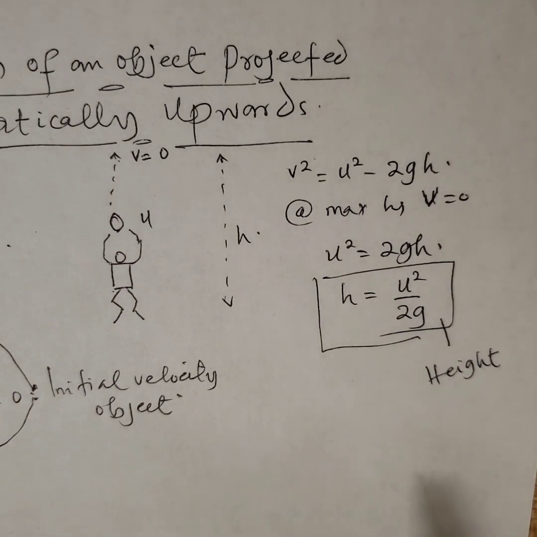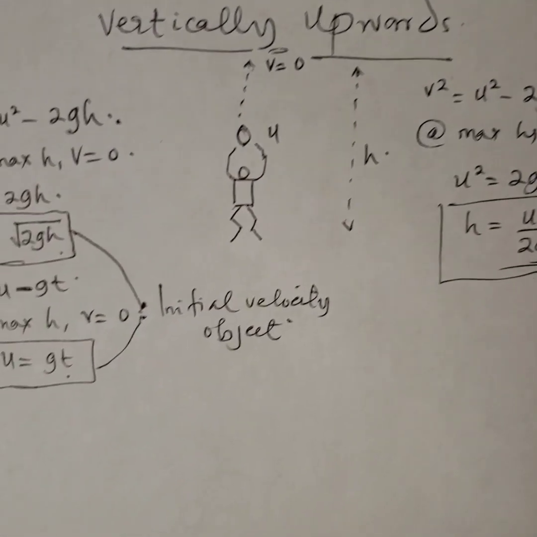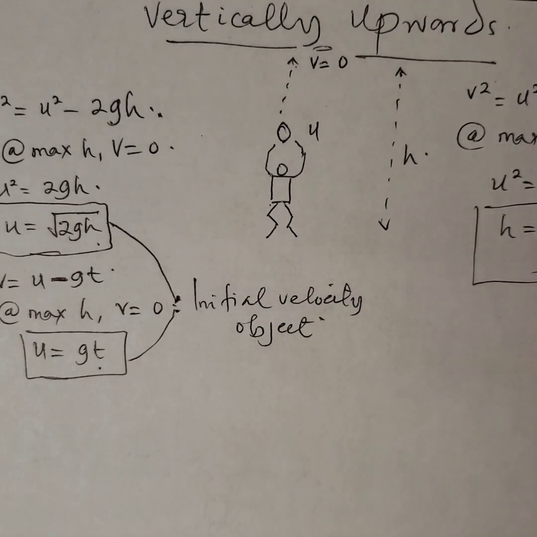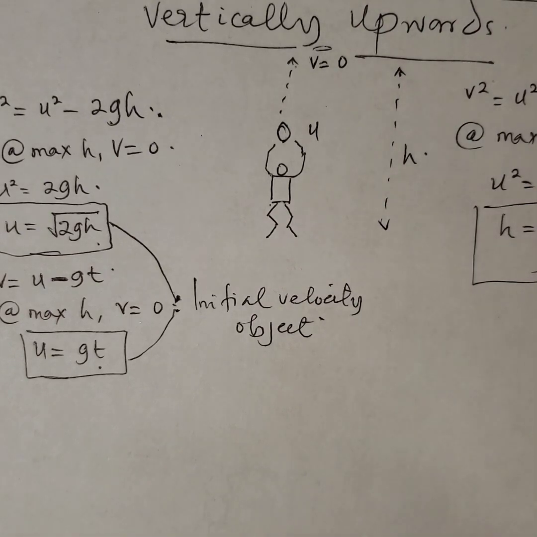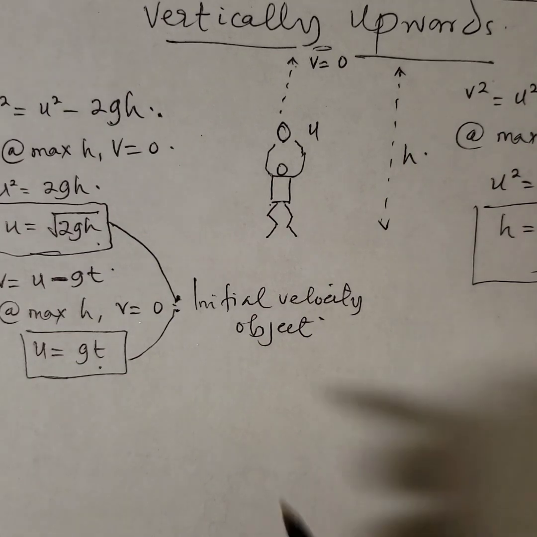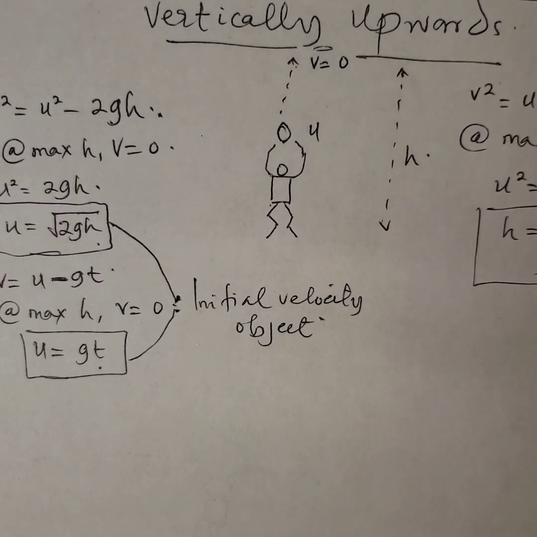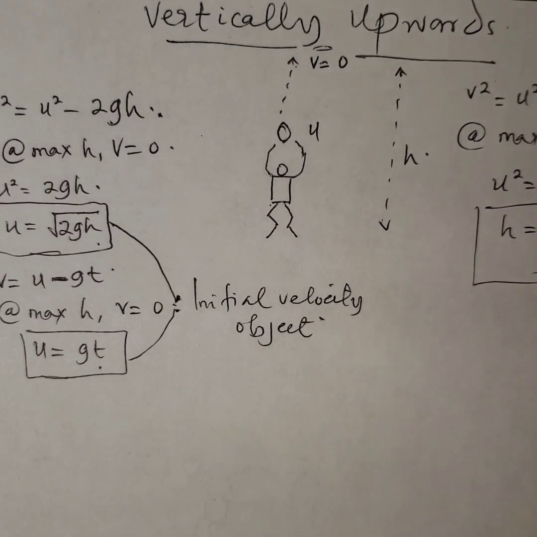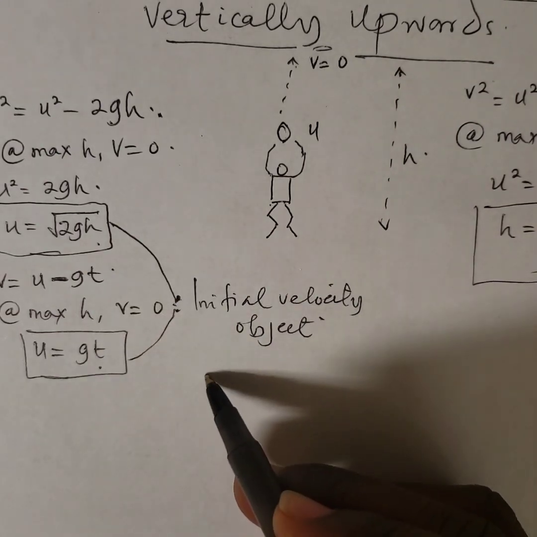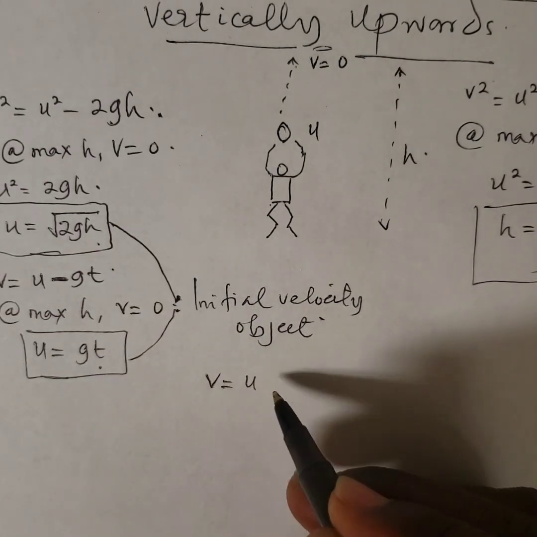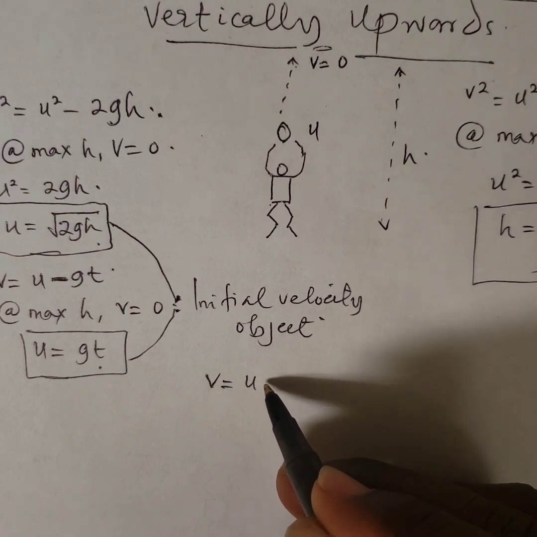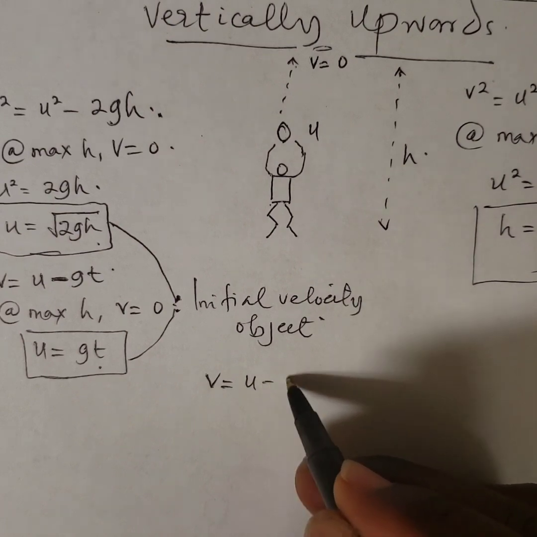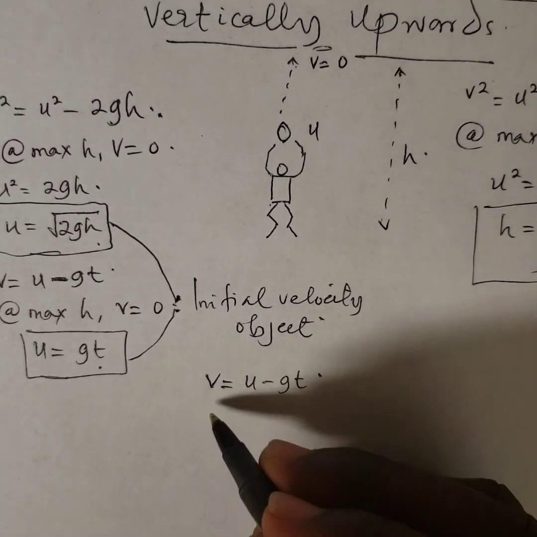Now, also, I want to show you how we can calculate the time it takes to get to its maximum height. We want to see how we can calculate the time it takes for the stone to get to its maximum height. In doing so, we're going to employ the equations of motion, the third equation of motion, which is v equals u minus gt. If we invoke this at maximum height,